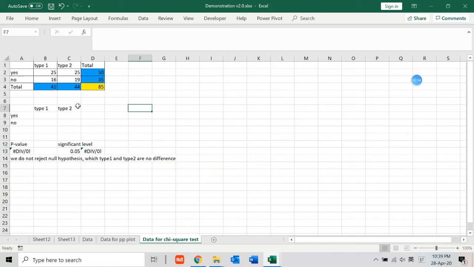In this case, I made this data sheet for the test. Let me explain this table. Basically, these are type 1 fish and type 2 fish. Yes means the fish are delicious, and no means the fish are not delicious. So this 25 means that 25 of the type 1 fish are delicious,